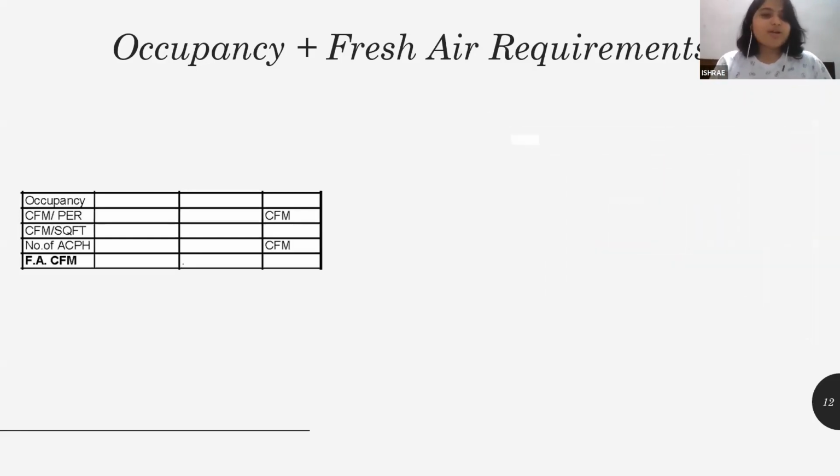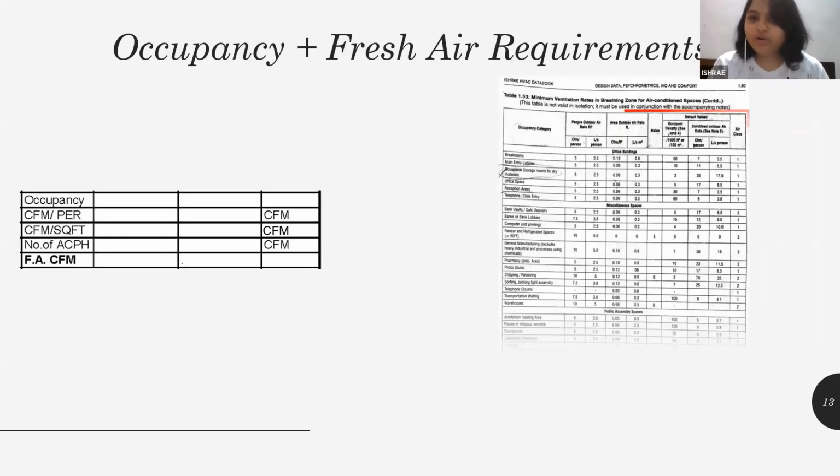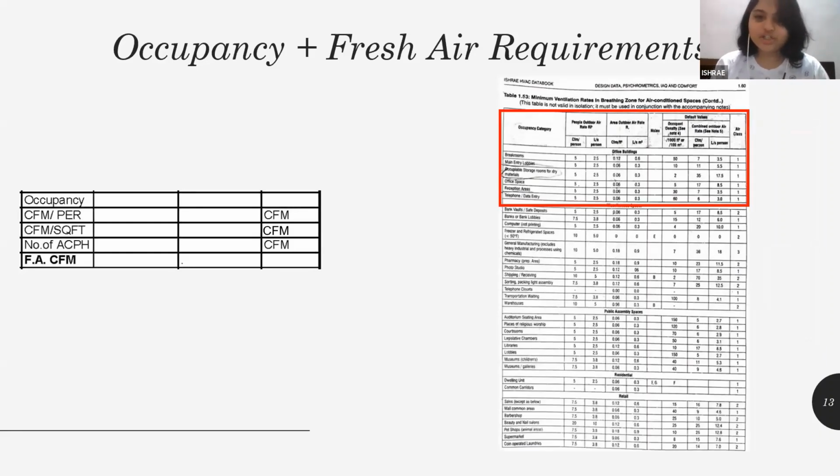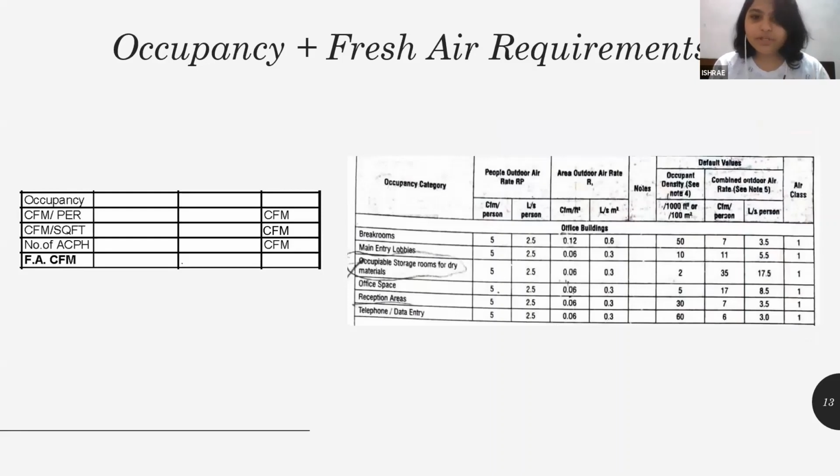So the occupancy can be found from this particular sheet in the ISHRAE handbook. This is an office space, so first of all, I'm going to locate office space. If it would have been a banquet hall, then I would have found the occupancy category for banquet hall. If it would have been a corridor, then for corridor. A bank, then for bank. Auditorium, then auditorium, and so on and so forth. So the office space, now occupancy, can you all see this occupancy density written here?